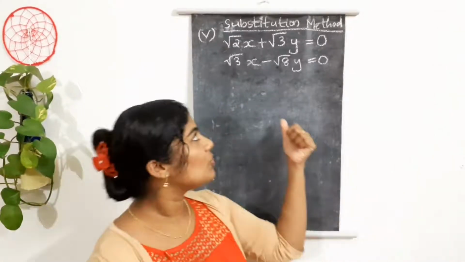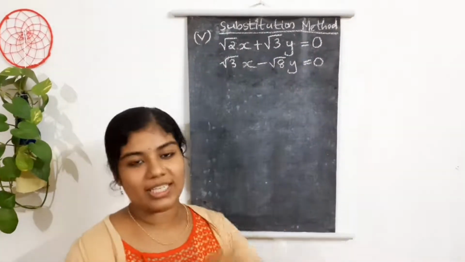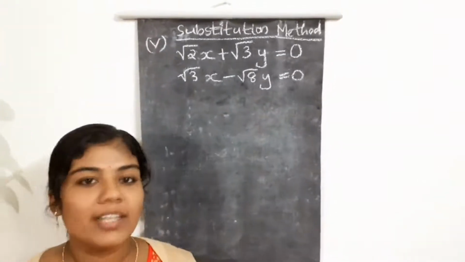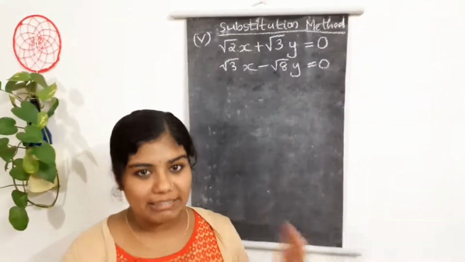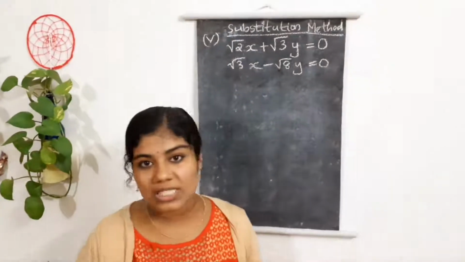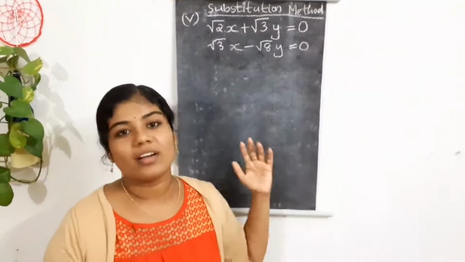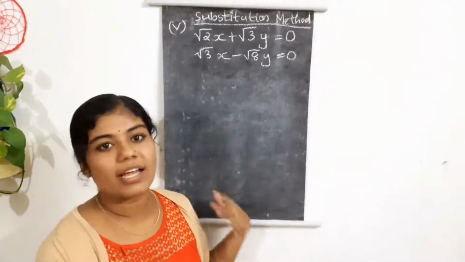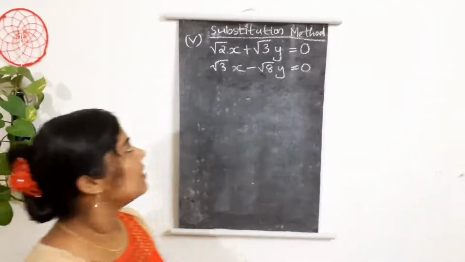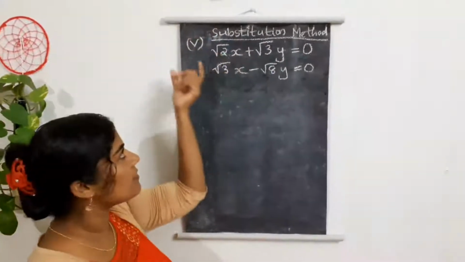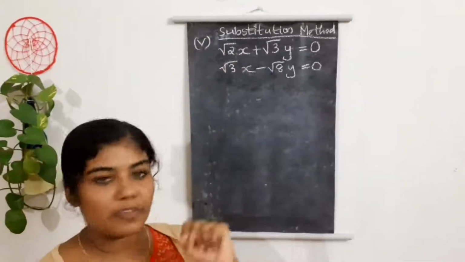Here what we are doing is using roots. When we are using roots, how do we do the substitution method? As I said, there is no complication. It's so simple. You can watch the video and understand how I am doing this, and you can also join with me. So this is the substitution method, exercise 3.3, fifth option. Question number 1, fifth one.